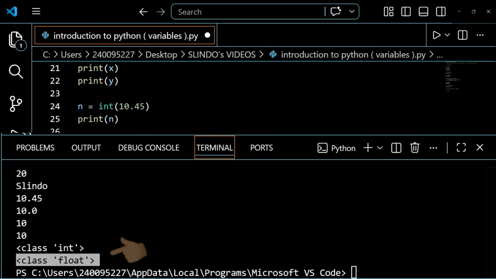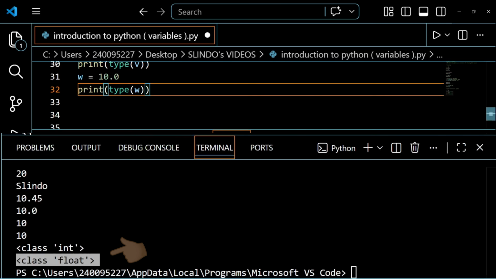Do you understand? Now I know exactly that w is indeed a float. You can try so many using the type function. Let's say you are not sure that this is a float; then you use the type function to show you that this is a float.